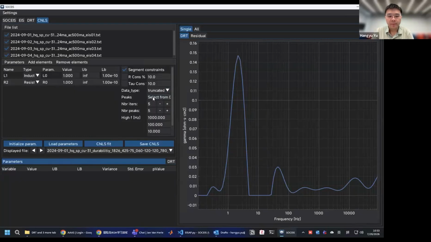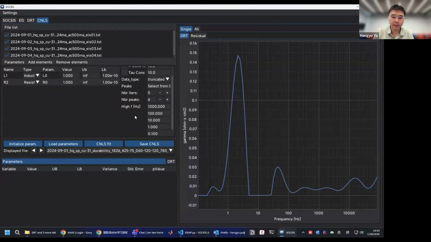And the number of peaks is another very convenient functionality. I will go back to that later. It's a second approach. And then the number of iterations means how many iterations of fitting we are going to perform during the fitting. Normally 5 iterations is enough to reach the minimum residual. So just keep it like this. The number of peaks is 5, but I just identified 6. So what we do is we add 1 peak. And if we scroll down,